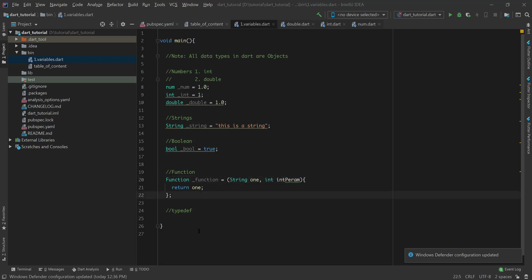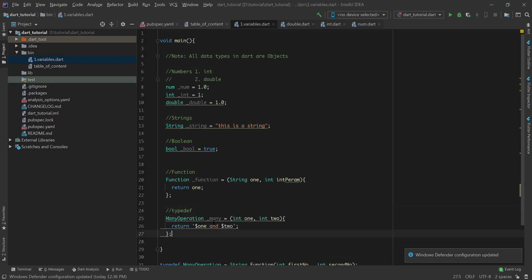Then we have typedef for defining a specific function type. We can define a specific function like this, where the function takes two integer parameters and returns a string. Then we can use the typedef for making a type.